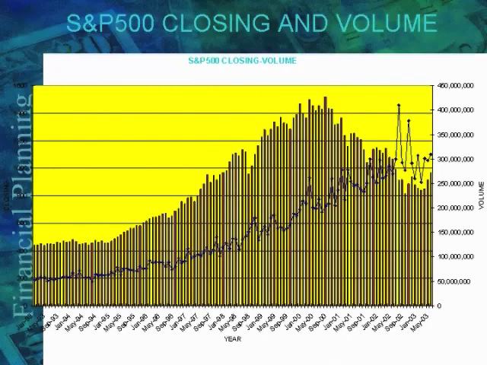The bar lines are the index values. The dotted line out here is trading volume. So you can see as the S&P goes up from January 93, and it peaks around May through September 2000, as it goes up and starts peaking, the volume of trading in S&P shares goes up steadily. You can see there's a strong correlation. But now look what happens when the S&P starts coming down. The volume doesn't come down. In fact, the volume goes up and hits higher and higher levels for quite a while.